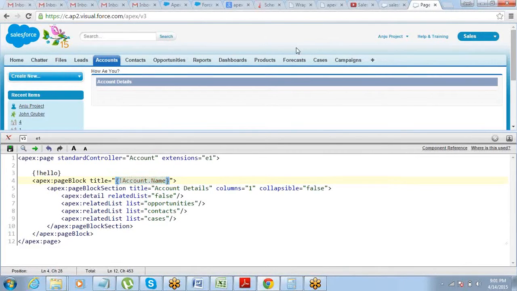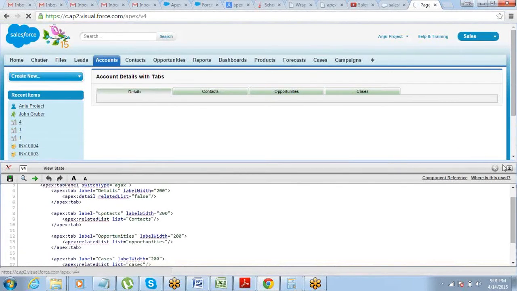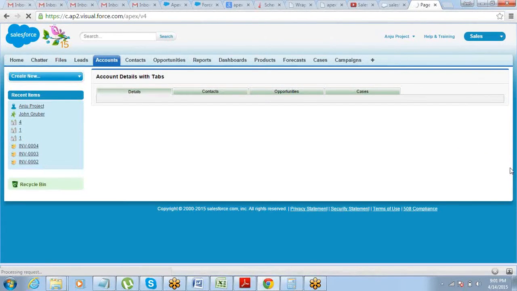So let's say, I will talk about one more example on the same lines. Let's say we created this Visualforce page, right, with all the tabs. I'll tell you a practical requirement that we received from one of the clients.